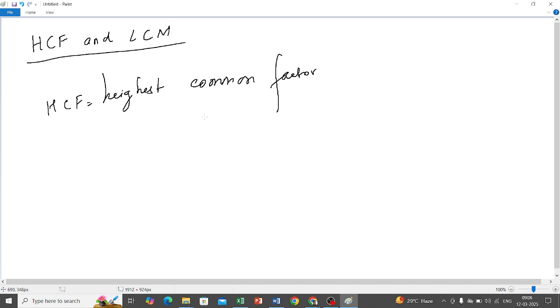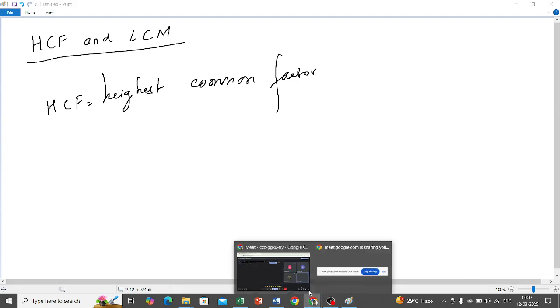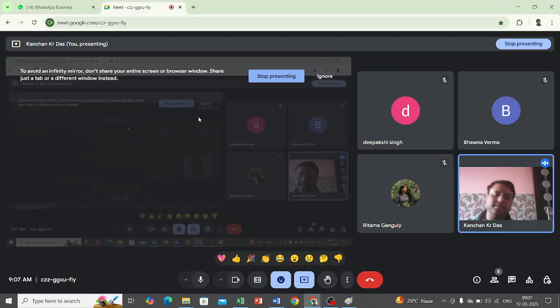HCF is highest common factor. Now, what is the meaning of highest common factor? Highest common factor is that greatest number which divides a given set of numbers. HCF is the highest or the biggest number which divides a given set of numbers. That means no other number bigger than that particular number can divide those set of